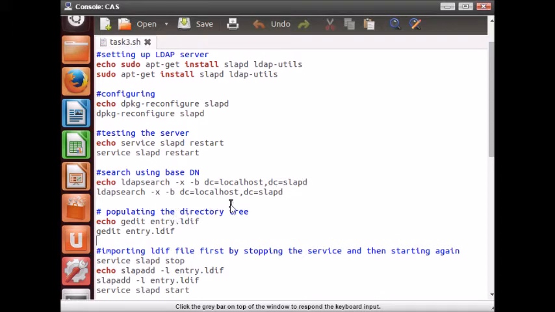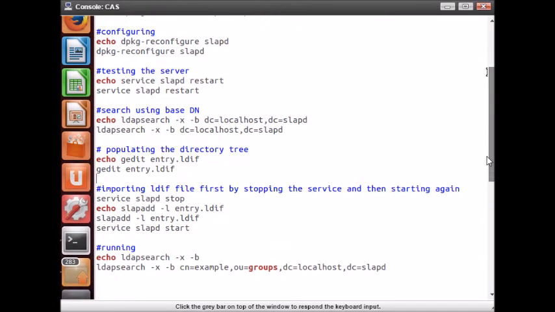Then we populate the directory tree by creating a file entry.ldif. Then we import that LDIF file by first stopping and then starting, and then after importing, starting the service again. The importing is done by the slapadd command, and then we run this ldapsearch to check whether the file is imported or not.